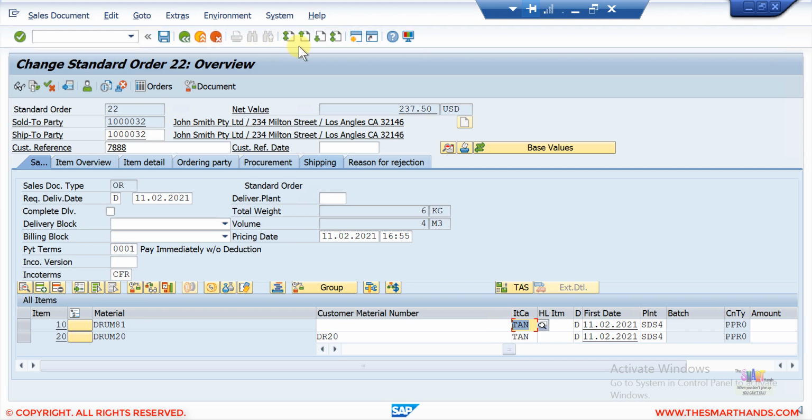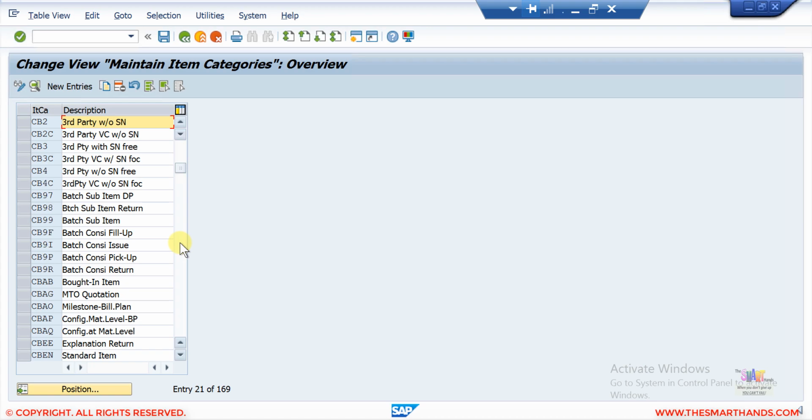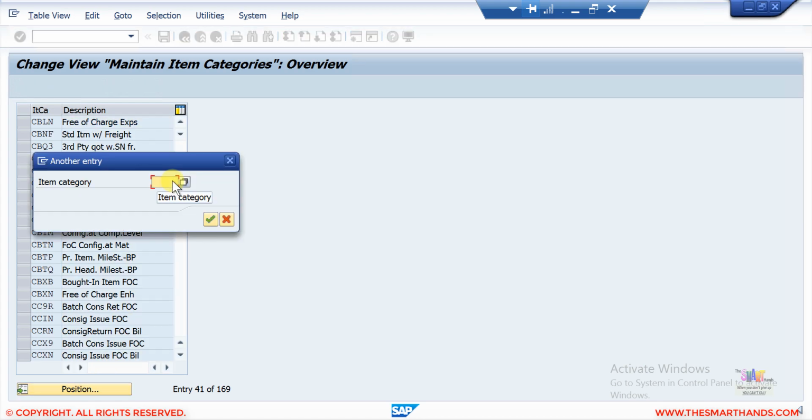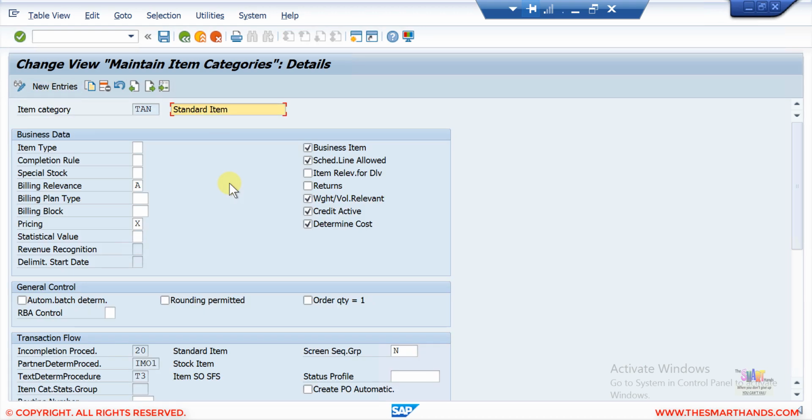If you go to the transaction VOV7, which is the item category customizing, scroll down and search for 10, or click on position and type 10, select this and click on detail. I'll discuss all these settings later, but here you can see business items.